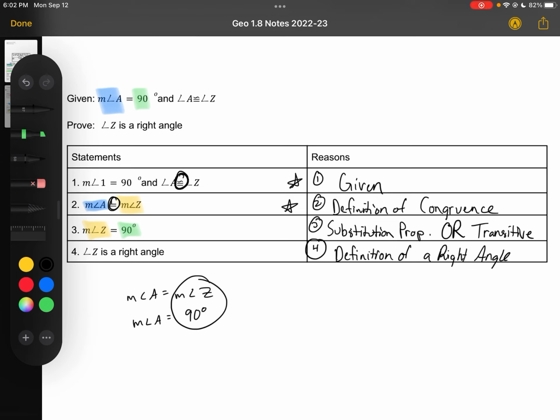But again, just a lot of definitions, and we're just putting all the definitions that we already know together in